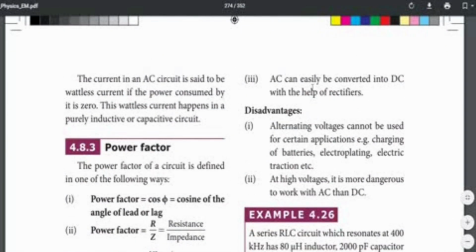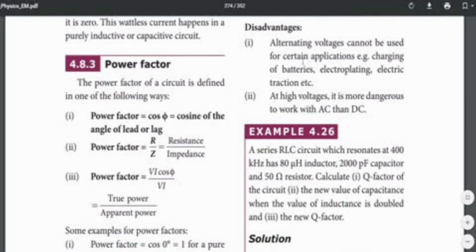Similarly, AC can easily be converted into DC with the help of a rectifier. We studied the rectifier in the 9th lesson. So using that, we can convert that AC into DC. Disadvantages. Alternating voltage cannot be used in certain appliances, for example charging of batteries, electroplating and electric traction. So we cannot use it for these. Next, at high voltage it is more dangerous to work with AC than DC. So working with AC is